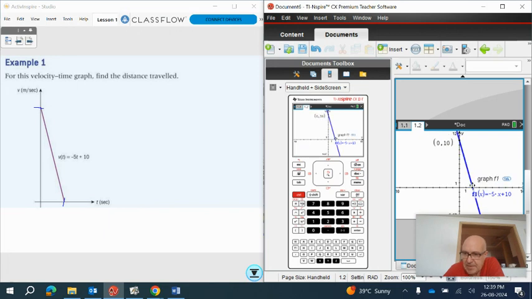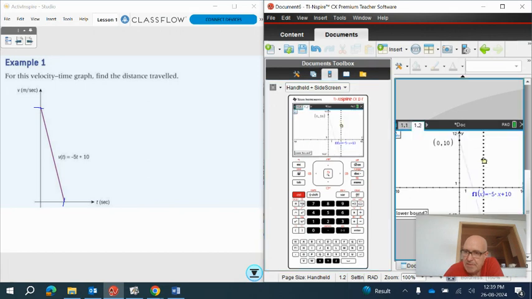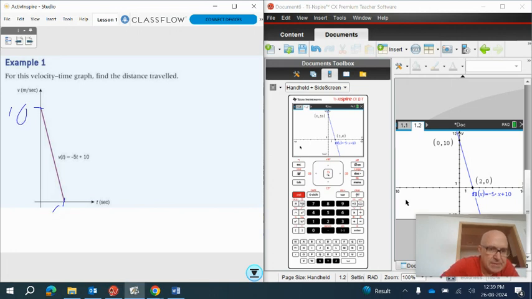We want to find this intersection, so we want to find when the function becomes 0, and it'll give us the intersection there, and we'll get the length of the base. You can see that it's 2 there on the graph. But one way to calculate it with the calculator would be to analyze the graph and find the zeros. We've got a 0 that occurs in between, and we see that it occurs at 2. So what we know now is that this is at 10, this is at 2,